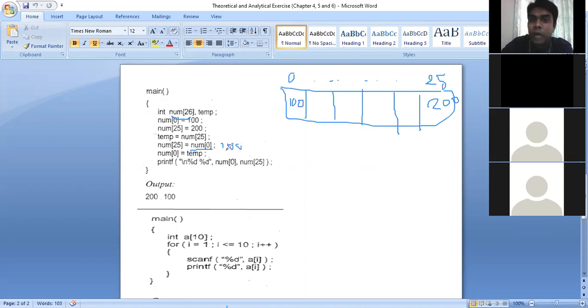So now it will override the previous value and make it 100. Then the temp value was 200, and we are assigning 200 into position 0. This line will override the value and make it 200. And when I am printing,